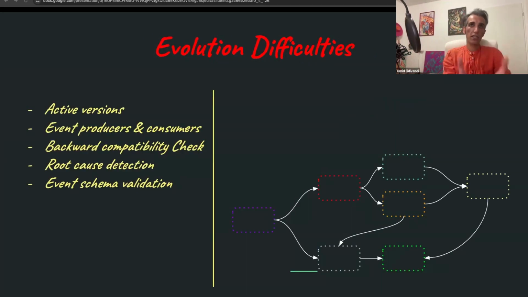And the last, I want to abstract all these challenges and call it evolution difficulties. We need to know active versions and outdated versions. We need to simplify communication between producer and consumer. We need to engage them. We need to ensure compatibility when we introduce new changes in the system. But without any standard, we just create a factory of complexity to handle all those domain-based complexities